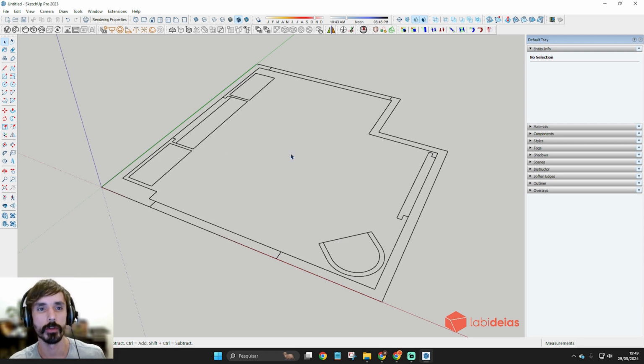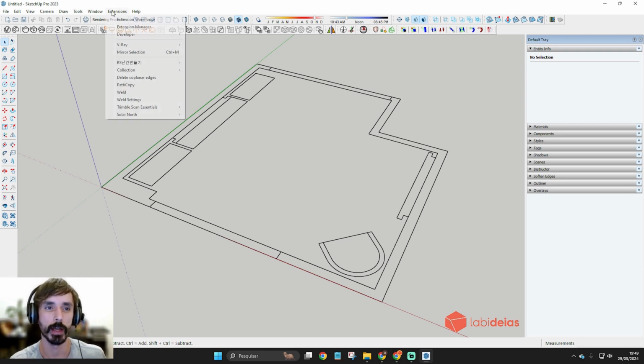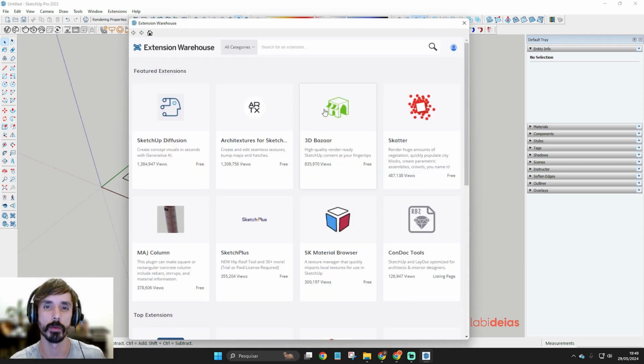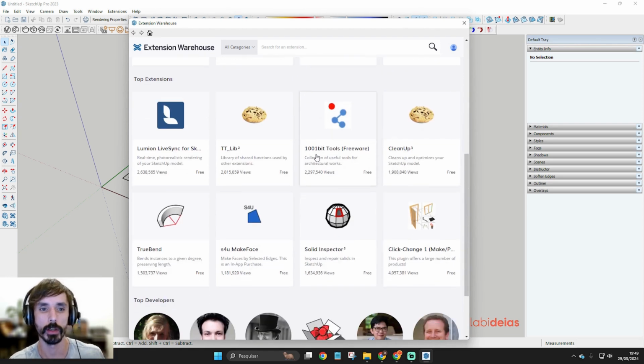In the most recent versions, we can simply click on the top tab Extensions, then Extension Warehouse. You can search by name in case you already have one in mind, or scroll down and choose from the top extensions, which are the most current or most downloaded tools available for us to download. Remember that you must log in with either your Trimble account or your Gmail to be able to access these